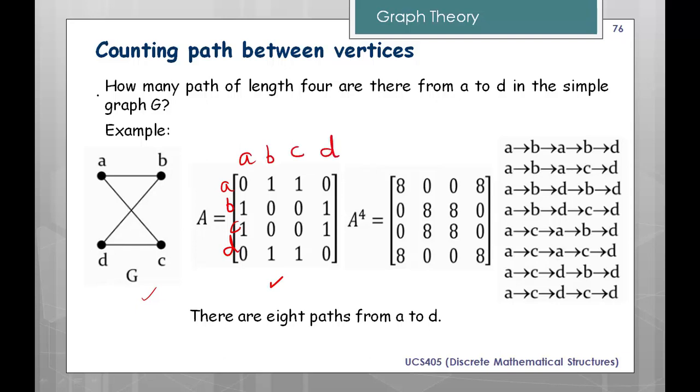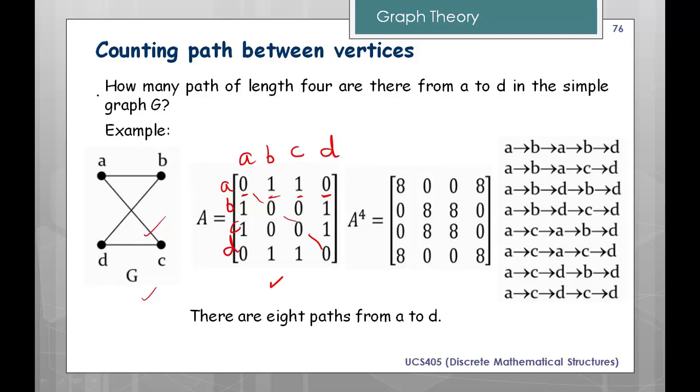If there is an edge from A to A, then we put 1, otherwise we put 0. There is no self loop on any of the nodes, that's why diagonally it is 0. There is an edge between A and B, that's why we write 1. There is an edge between A and C, that's why we write 1. Next is A to D, there is no edge, so that's why it is 0. In the same way we can write out the other entries.